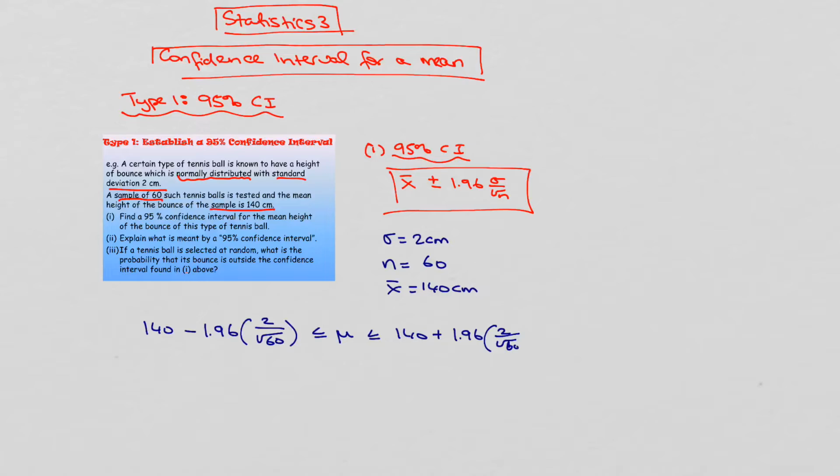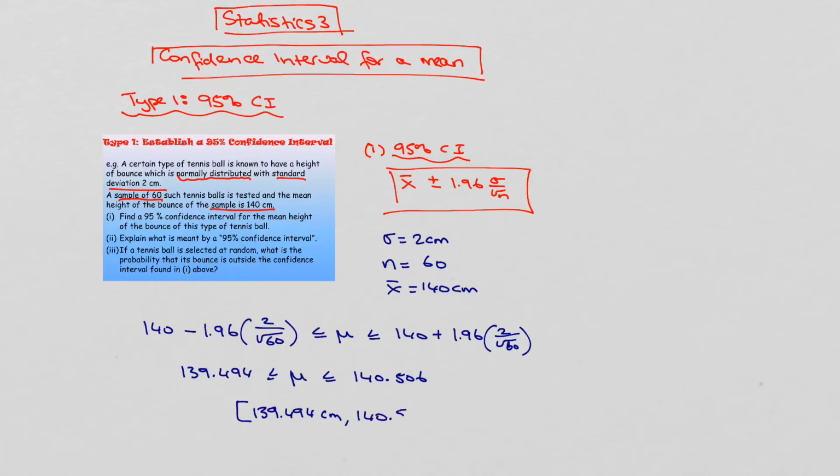over root 60. Okay, so if I sub that into my calculator, then what that leaves me with is 139.494 less than or equal to the true population mean, less than or equal to 140.506. So what does that actually mean? Well, it means that the true population mean must lie within the confidence interval of 139.494, and that would be in centimetres,